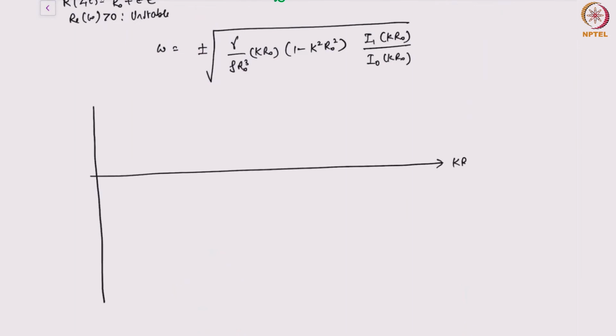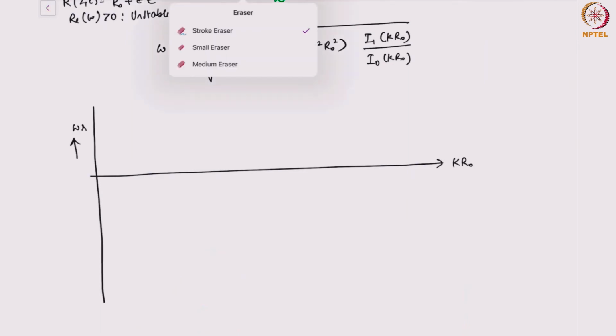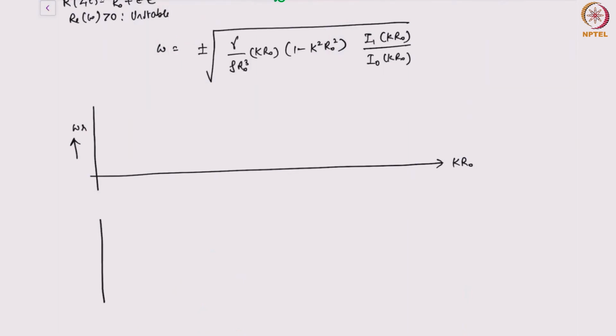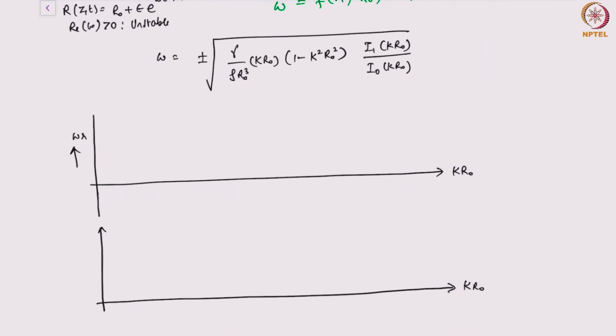I have k r naught. I want to plot the real part of omega here, and the imaginary part of omega here. Okay. So the real part of omega, if you can clearly see this expression, it's for k r naught